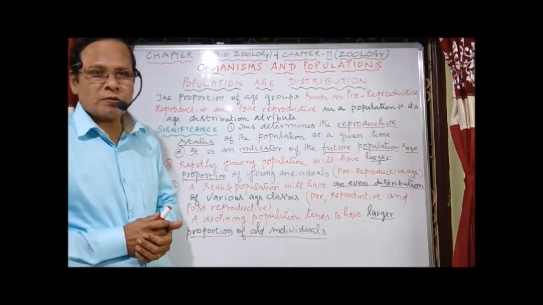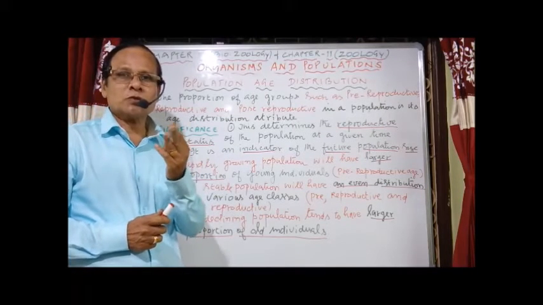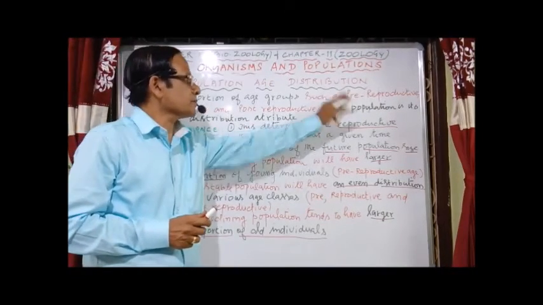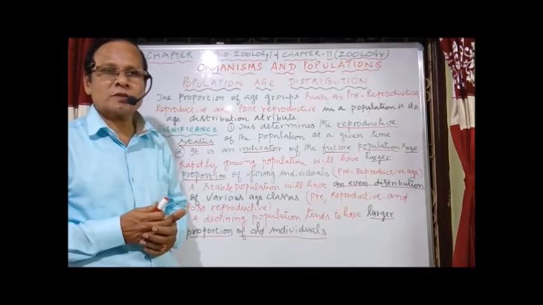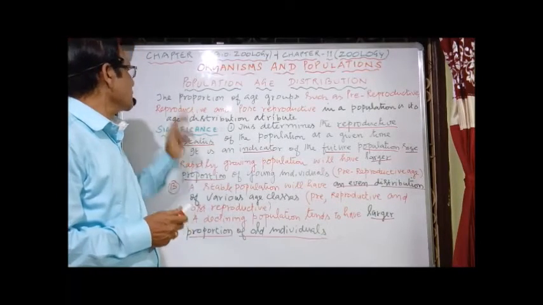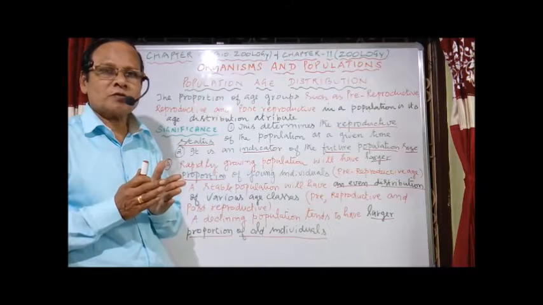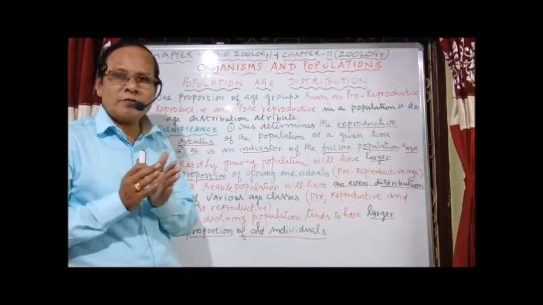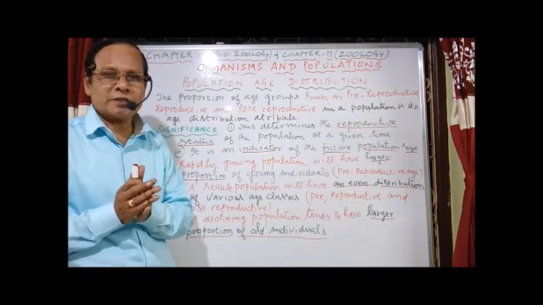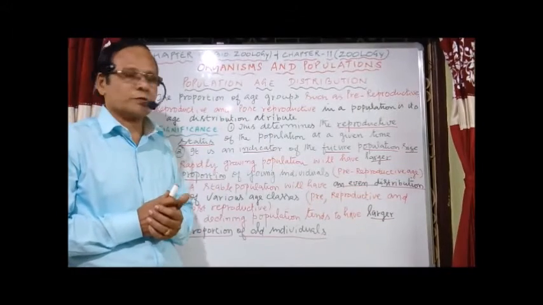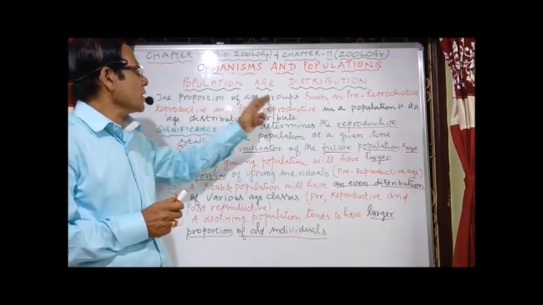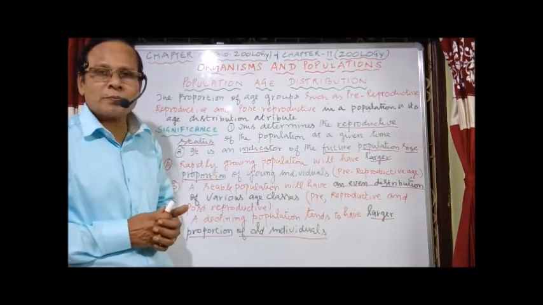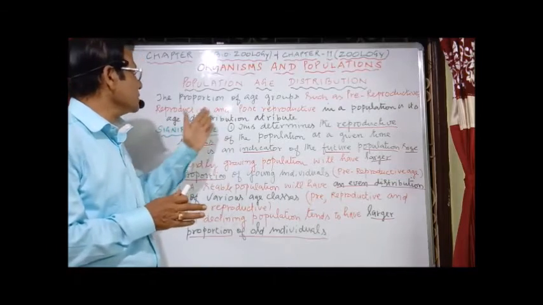In a population, we have three different age groups based on the nature of reproduction. One is pre-reproductive, that is, the young individuals not attaining puberty. Then reproductive, the adult individuals which have the capacity of reproduction. Then post-reproductive, the individuals which lost their reproductive capacity. So the proportion of age groups such as pre-reproductive, reproductive and post-reproductive in a population is what we call age distribution